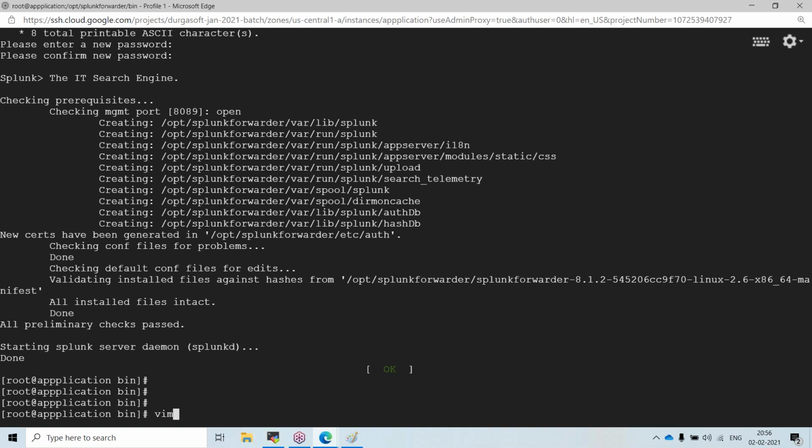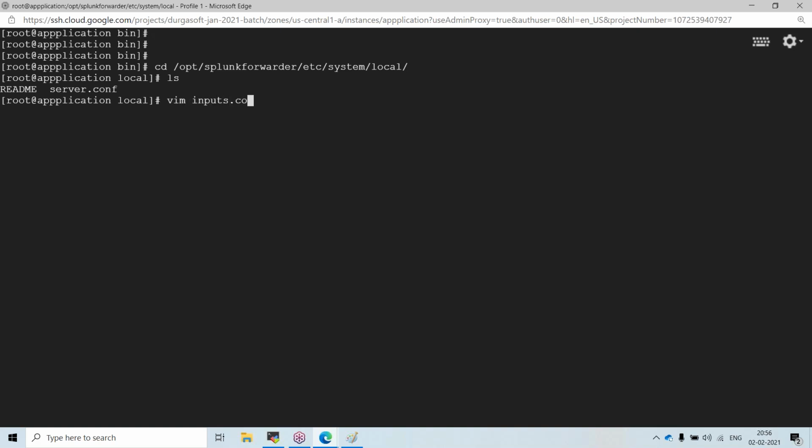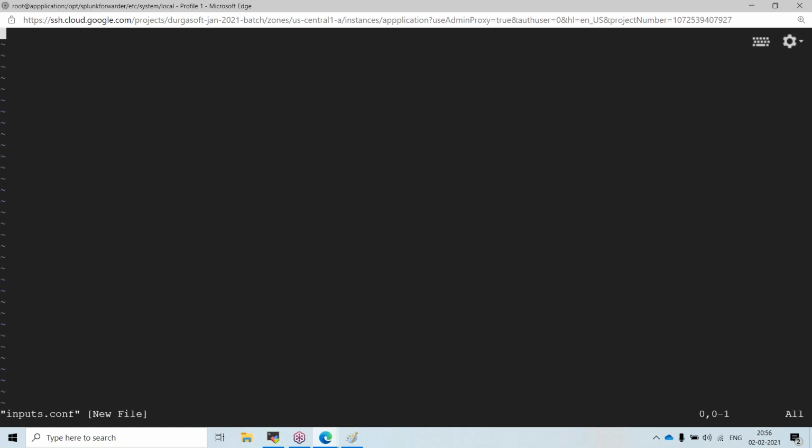I will go there: cd /opt/splunkforwarder/etc/system/local. Here you will have only server.conf. Now I will be creating one file called inputs.conf.